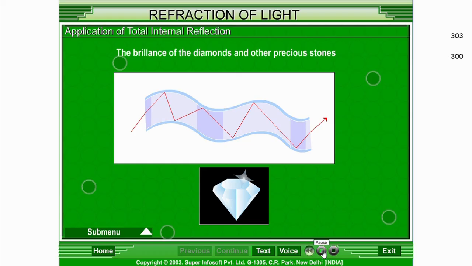The brilliance of the diamonds and other precious stones. The refractive index of diamond is 2.47 and hence its